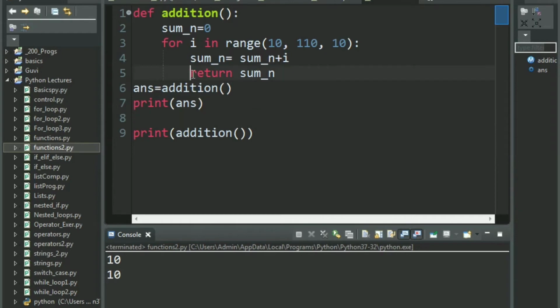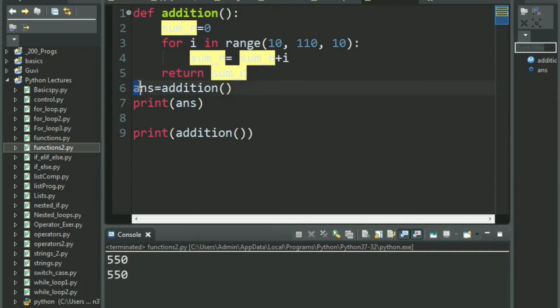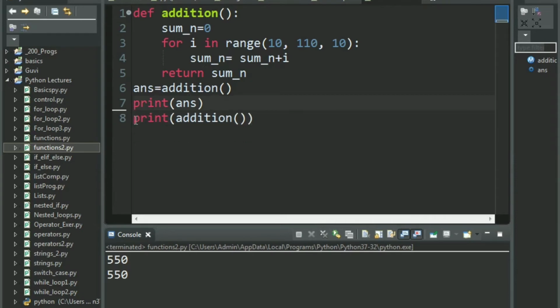But that's not what I want, right? So I shall remove this indentation, and now it is inside the scope of the function addition and not of the for loop. So these are places where you can actually understand wherever you're going wrong. There you go, you have your answer, 550, 550. So basically these two do the same task. It's actually shortening your code, that is, directly calling the function to print the answer rather than storing it inside a variable. Alright, anything that's up to you, there's no problem at all. Whatever your choice is, you can go ahead with that.